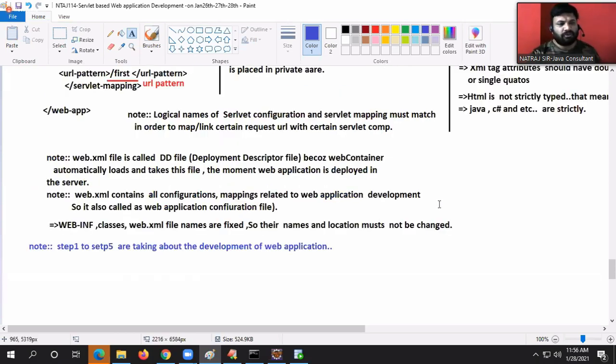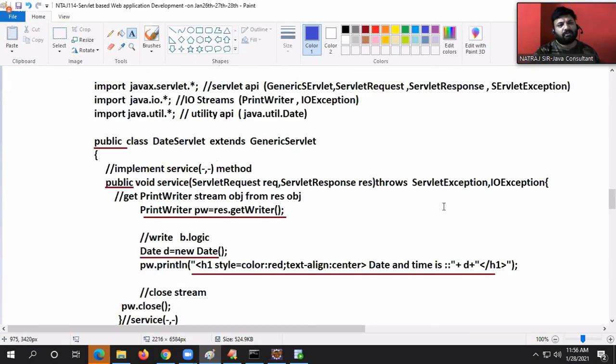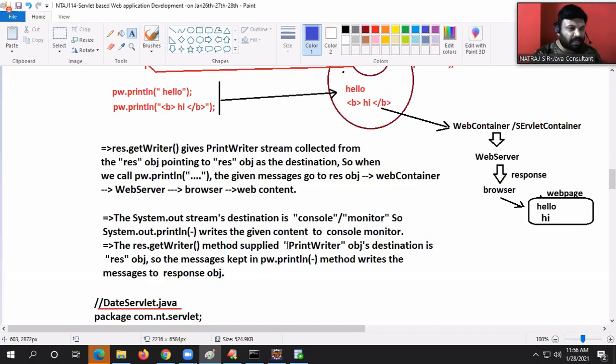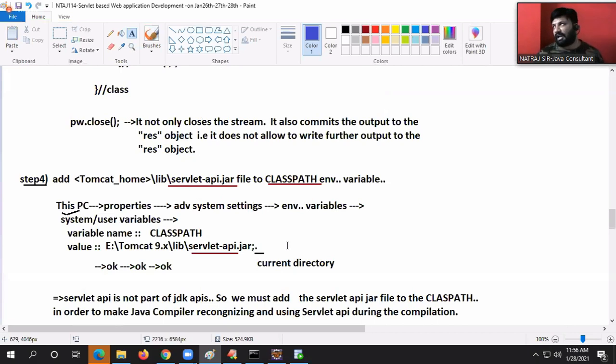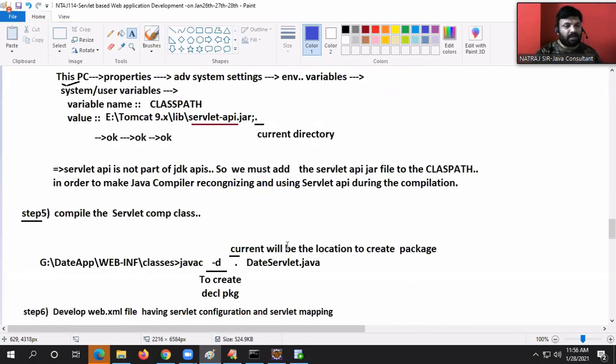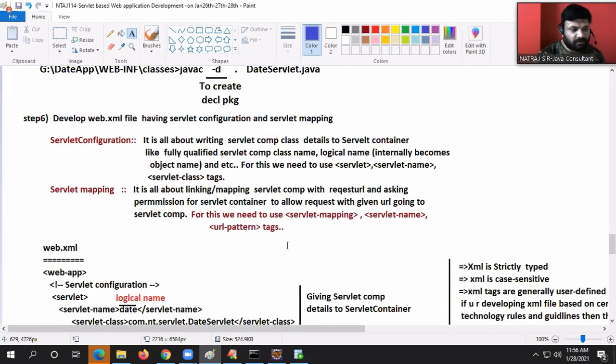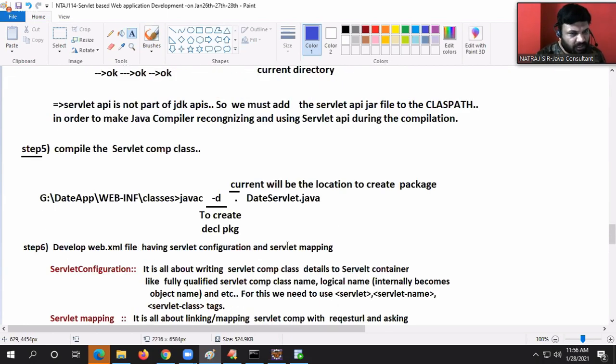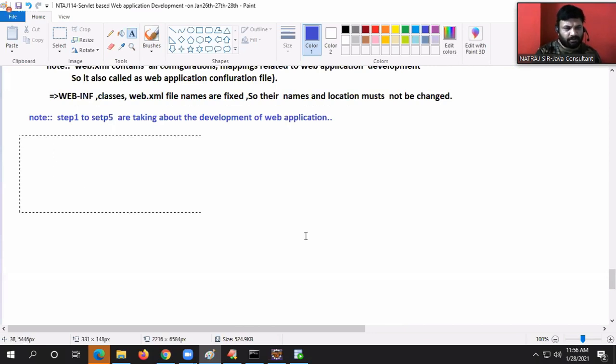So with this, development is over, guys, because we got the .class file, we got the servlet, we got the deployment directory structure, we added the jar file to the class path, and we compiled it. Now we have to keep the setup ready for deployment. Come on, step number 6.